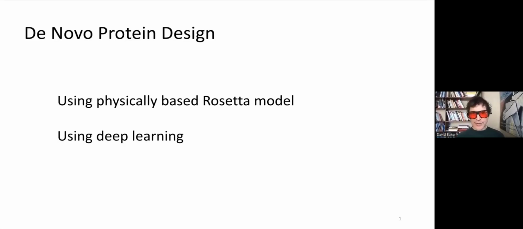Over the years, we and our colleagues have developed a program called Rosetta, which does the sampling in this huge sequence space, and also the sampling in structure space needed to design proteins using this approach. And much more recently, of course, deep learning is having a big impact on